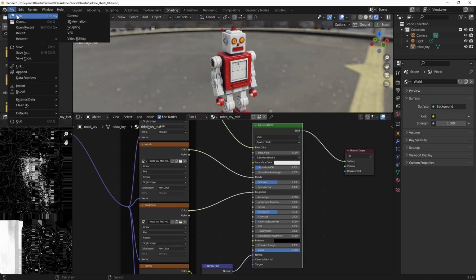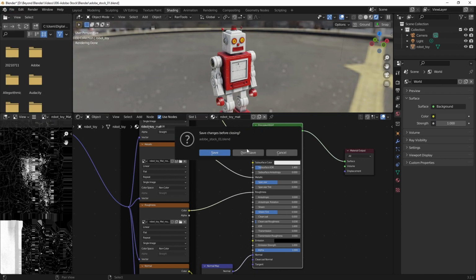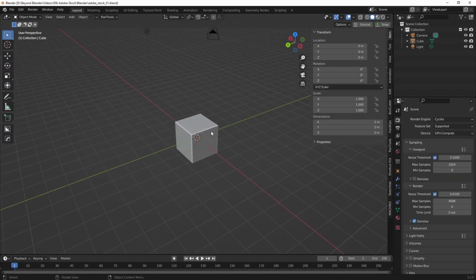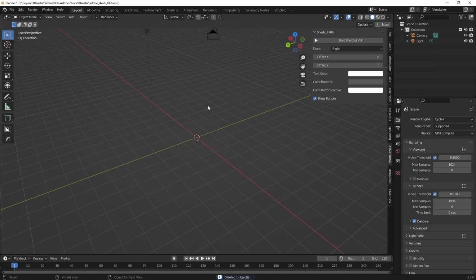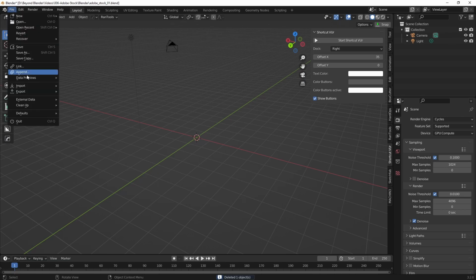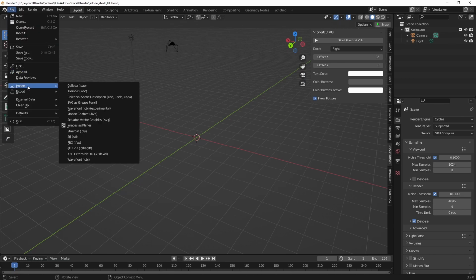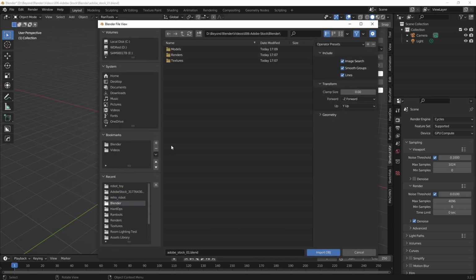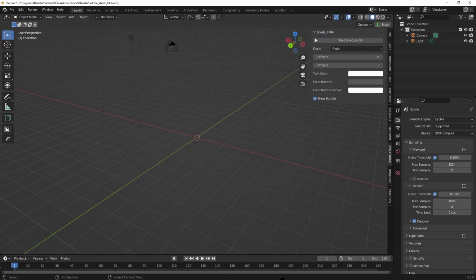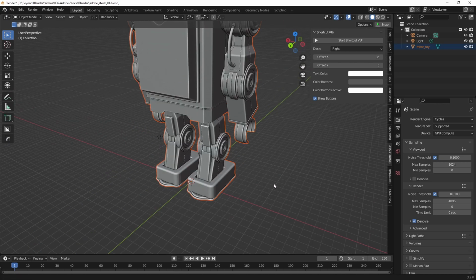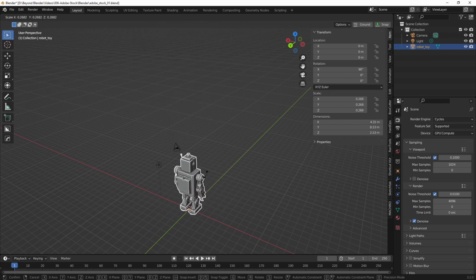And to show you how quickly that is, let's go back to a blank file. Let's delete the cube. We'll do that one more time really quickly. So File, download your model, of course. File, Import, Wavefront OBJ, find your model, select the OBJ file, import it. Blender will take a second. Boom, there we go. Select it, scale it,